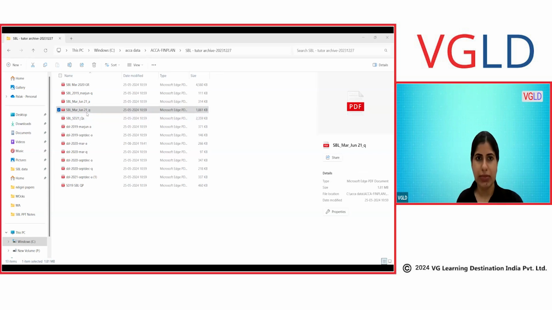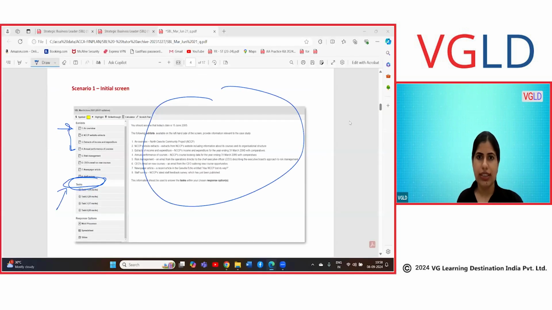Okay, not visible. Let me share this again. Now, is it visible to you? Okay, so this will be your initial screen. Again, here you will be getting exhibits as I mentioned in the last class. So you can see 7 or 8 exhibits over here, but now